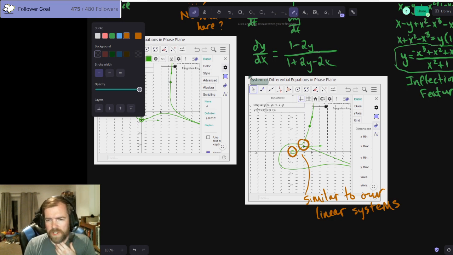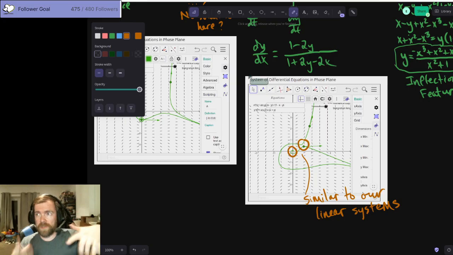So again, it looks like we've got a spiral source at 0, 0. A half looks like a saddle point, so it's got behaviors that are opposite to each other